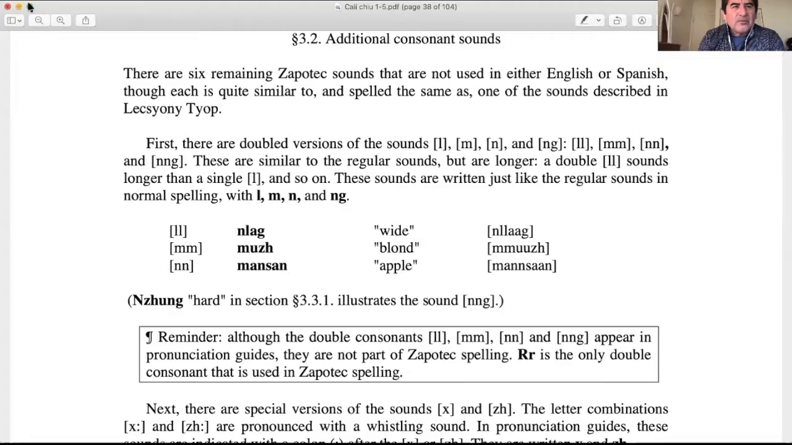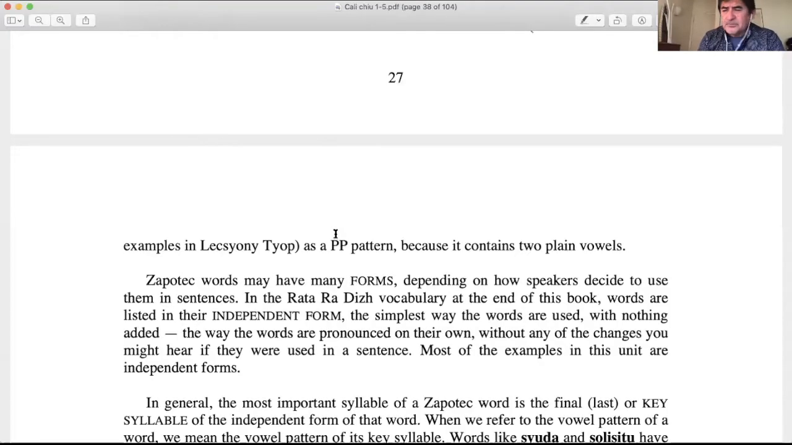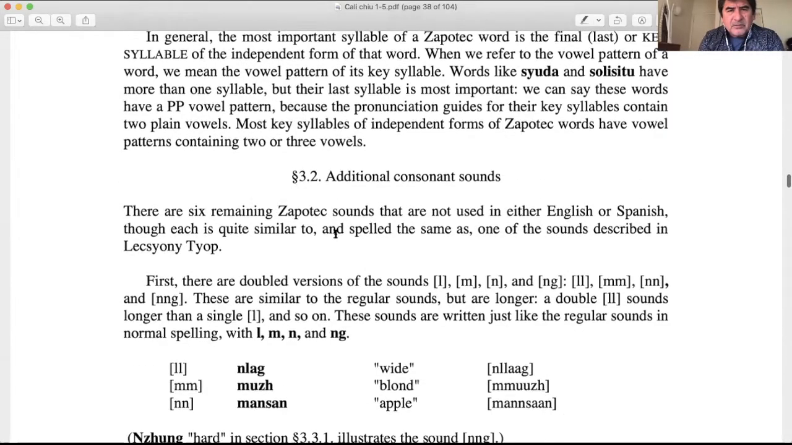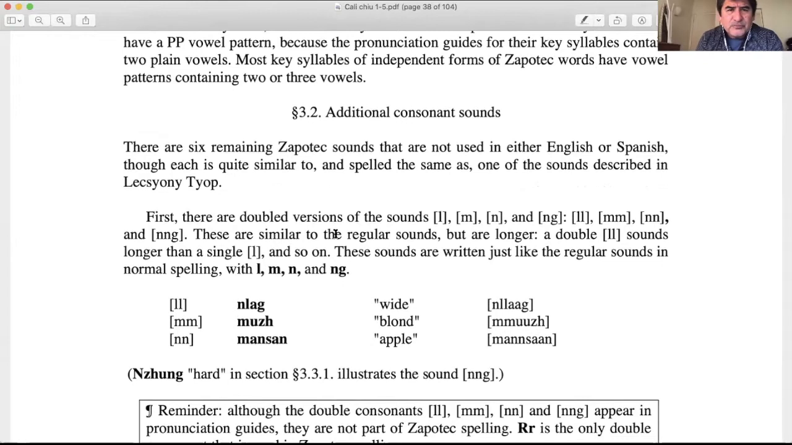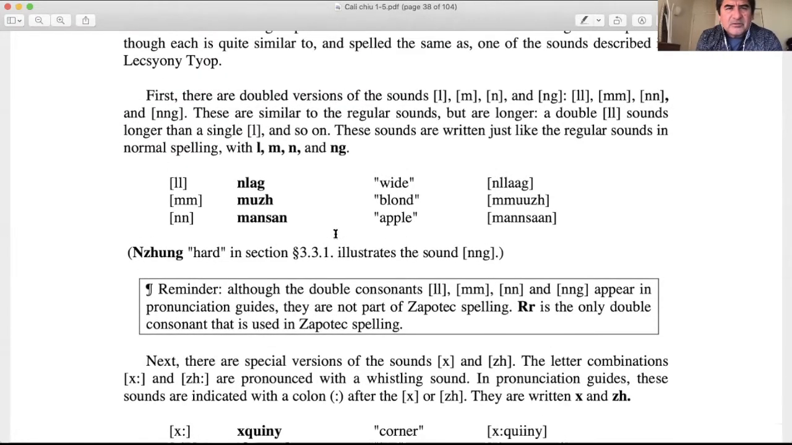And so let's just start by showing you and sharing with you my PDF file so you guys can follow along. There we go. Okay, go back to this. Okay, but before we start with the check vowels, I want to make a couple of points. In 3.2, page 28, we have a couple of additional